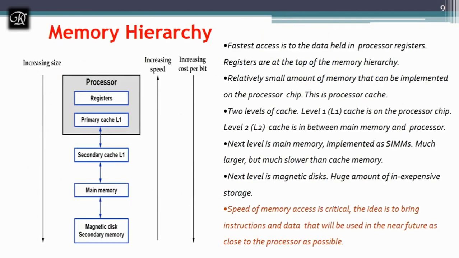So this is the memory hierarchy, which tells how many layers of memories we are going to use in the computer. We'll be having a processor. We have seen in the first module, the processor will have many registers like MAR, MDR, PC, IR, general purpose registers R0 to Rn. All these registers are used for temporary storage, like storing the address, storing the data, storing the operands. And they are small in size.